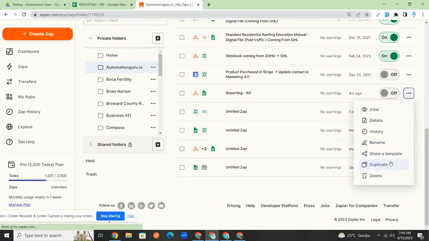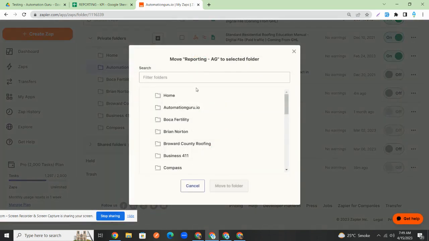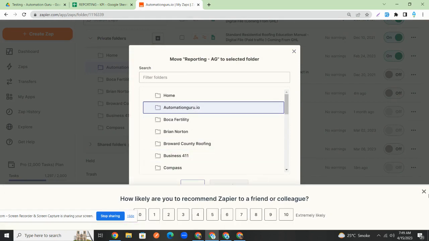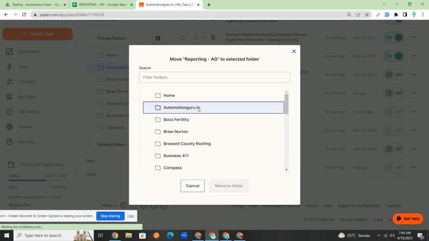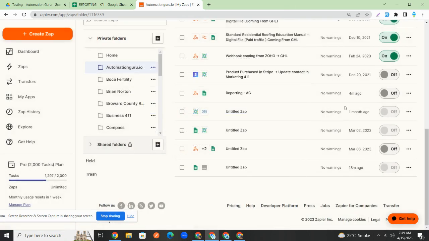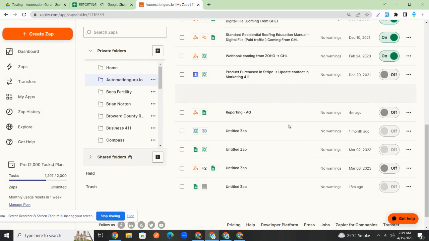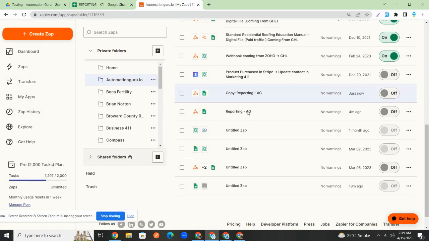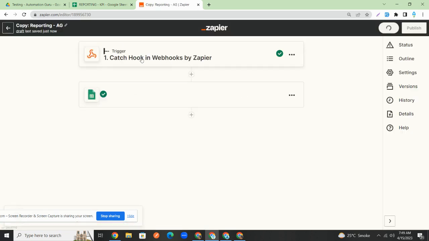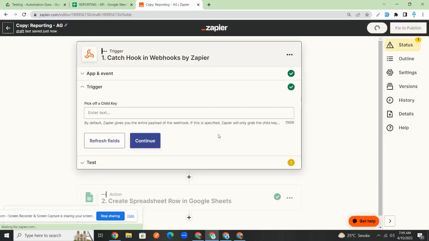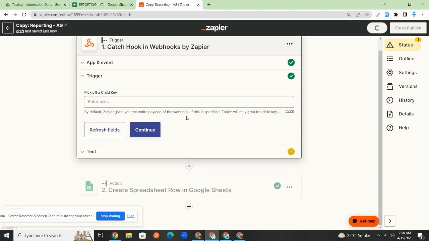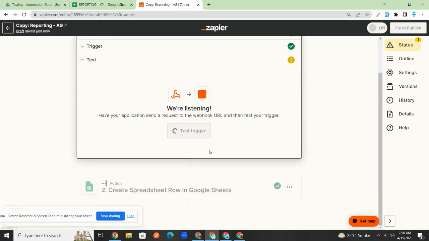So, duplicate, and then, so you can literally duplicate it. When you duplicate the zap, it automatically changes the URL here, right? It automatically gives the new URL. Now what I will do, I will say